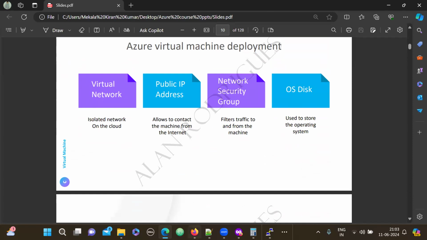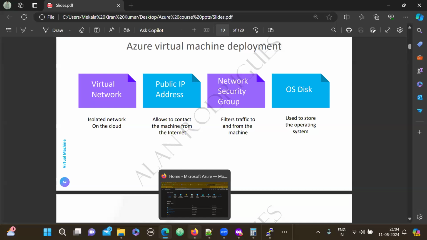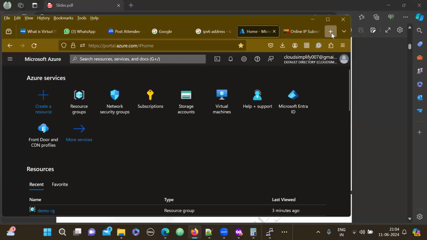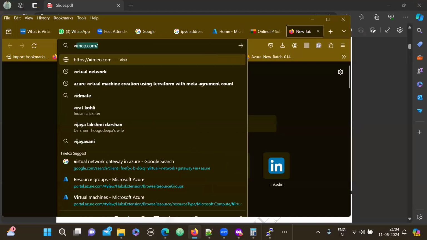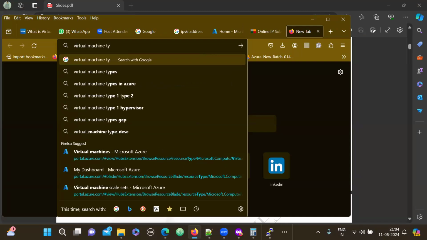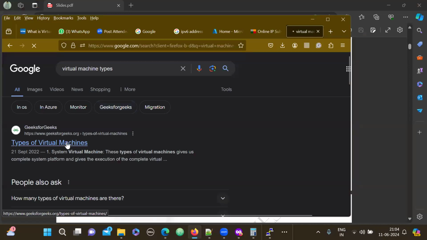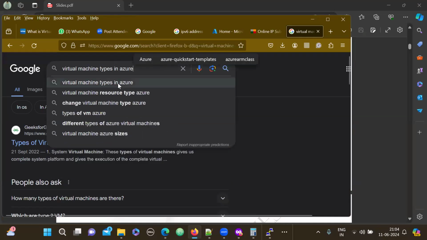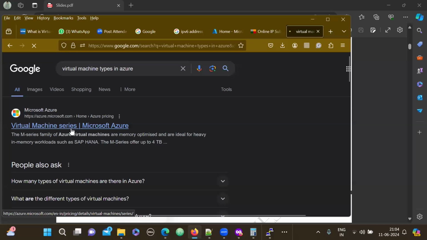One second, guys. I don't know, my laptop is very slow. In one of the interview questions, this question has been asked of me. Virtual machine types in Azure. See, here we will be having compute type, memory based, or else